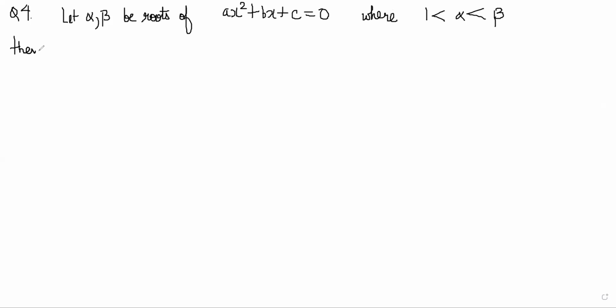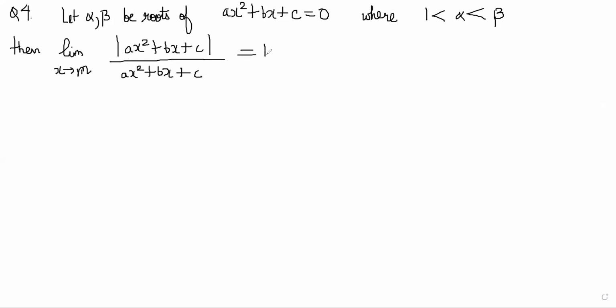Then limit of x tends to m, mod of ax square plus bx plus c divided by ax square plus bx plus c is equal to 1 when